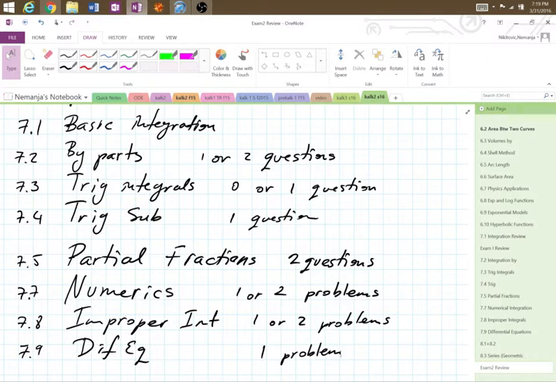Now, improper integrals. Guys, that can propagate through every problem as long as there are limits, right? I can have a question that is by parts with limits, and then there is the asymptote, or one of the limits is infinity. It could be trig sub, it could be partial fraction decomposition, it could be any one of those. So it is your